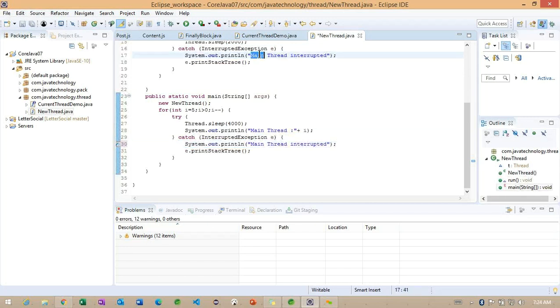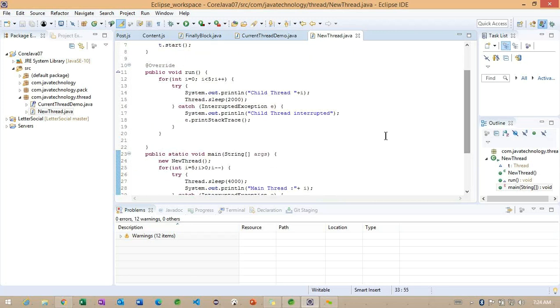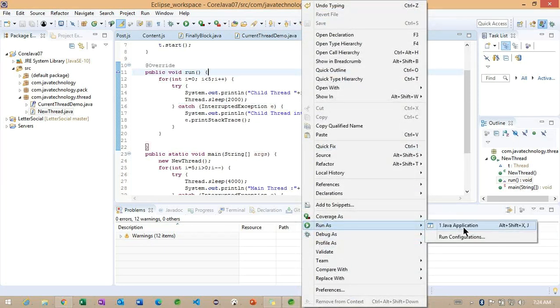If you get any exception, the main thread, here, child thread, and after the catch block, I'm going to call one more message here: Main thread is exited. And after this, if you want to specify it inside the run method also, you can add the same message here. Okay. Back to here, again I'm trying to run the same example.